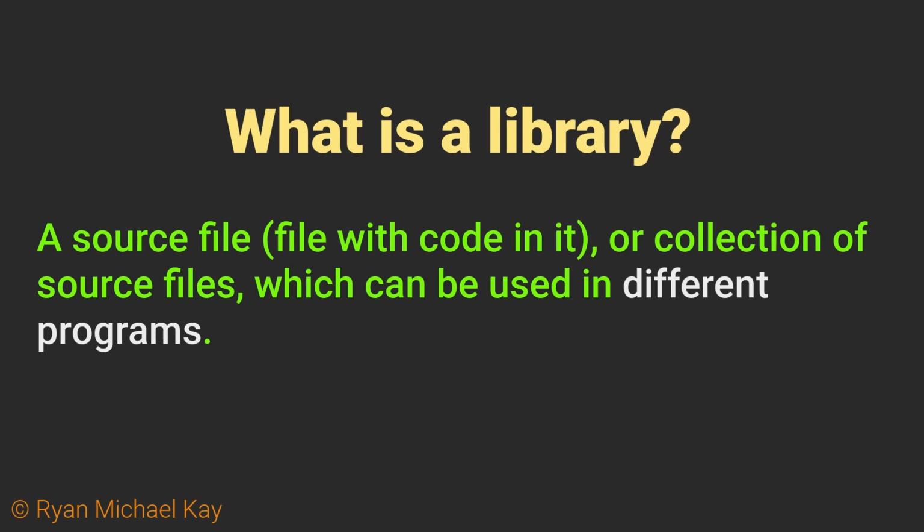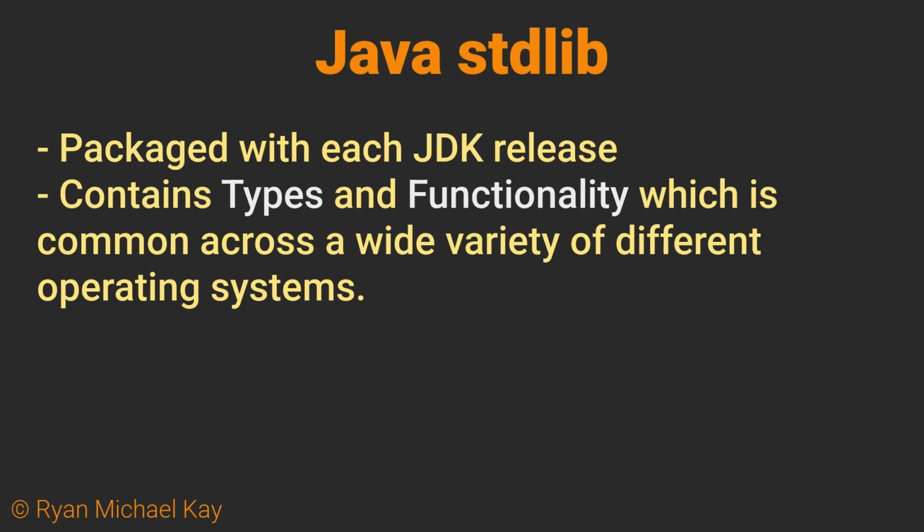Normally, these are things which have been written by other developers, but you can make and use your own libraries if need be. Every version of Java has what is called a standard library, which contains all kinds of different sources which can be used for building all kinds of different programs. For example, the classes I use to read and write the game data for my Sudoku application come from the java.io set of libraries from within the standard library, commonly referred to as the stdlib.